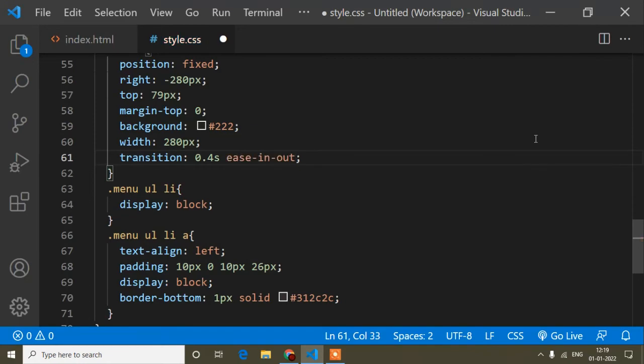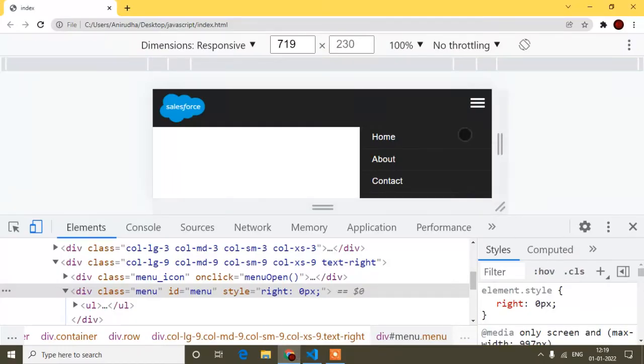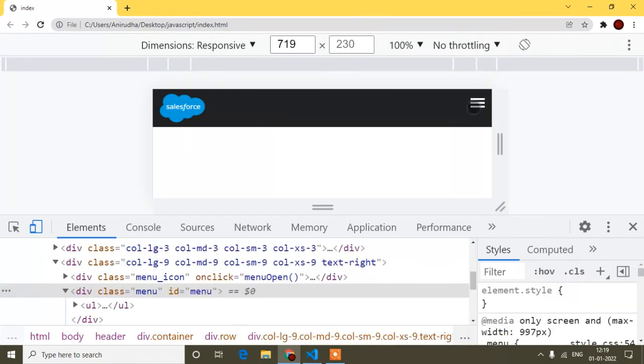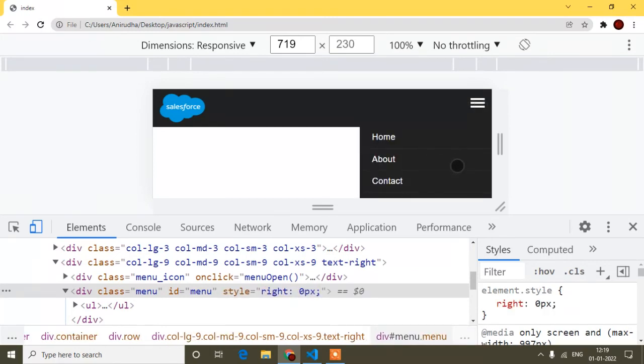Same transition for in and out, because now I am just working on the menu opening. When the transition is added for the opening time, and when I close this menu, the same transition should apply. Okay, the transition is added. Now if I click, you can see how good it's looking, right? Again I will show, you can see how good it looks.